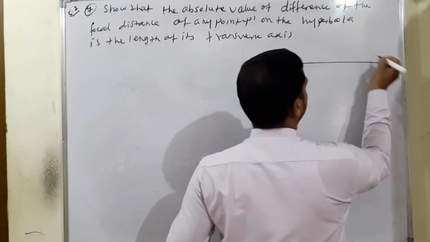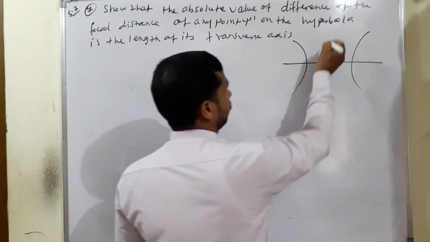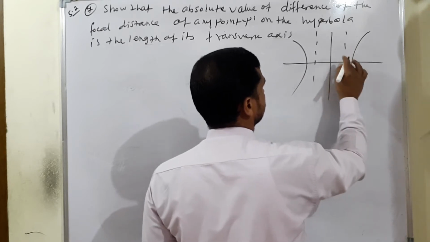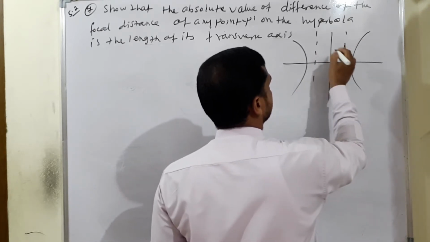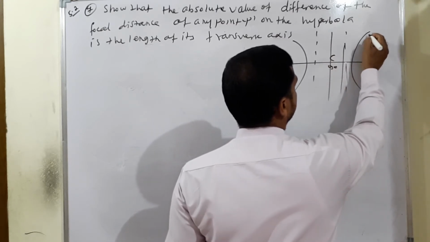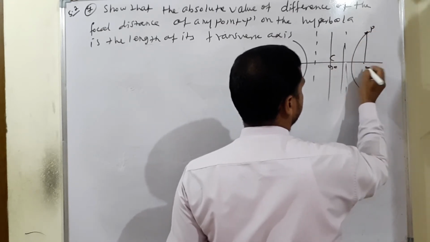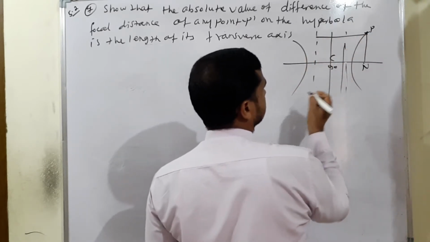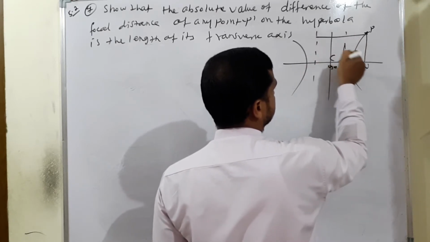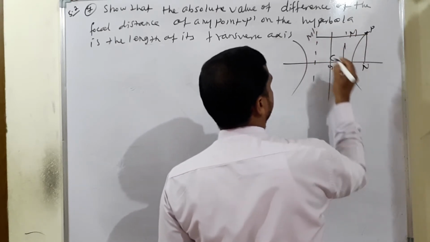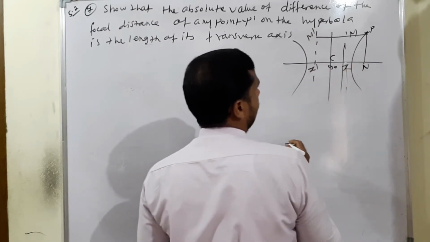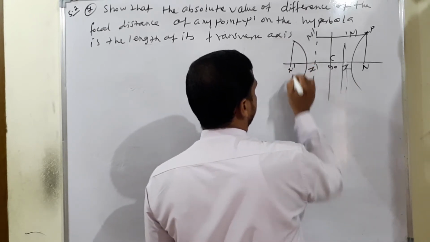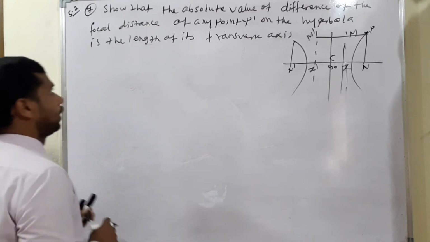We already know the hyperbola diagram. We draw the center, and the directrix also comes inside. This is the center 0, 0. The point where it meets is considered as N. Now drawing with one axis, this is called the directrix line. If this is M, this is called M dash. So Z and Z dash, as well as the focus on the opposite side. This is N dash. Now the main point we already know.